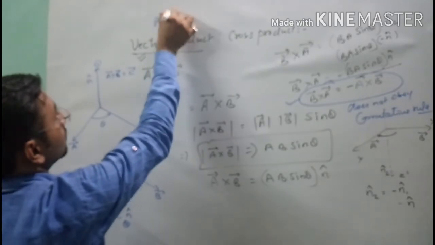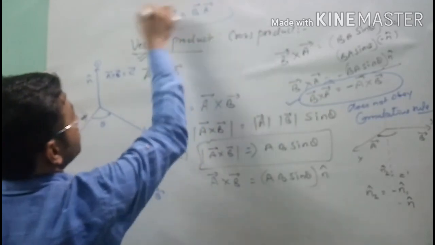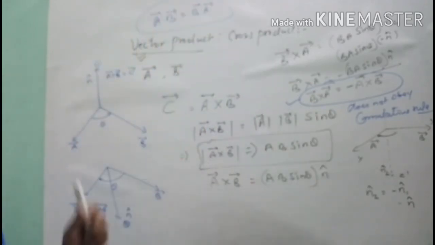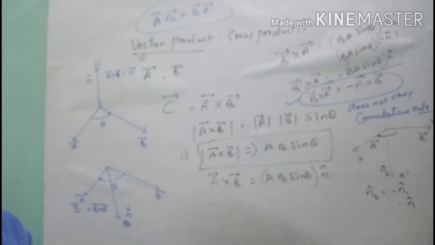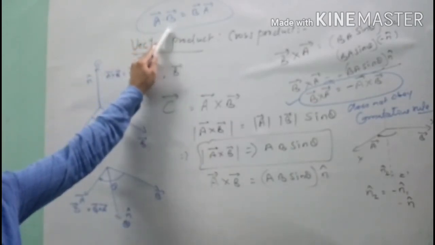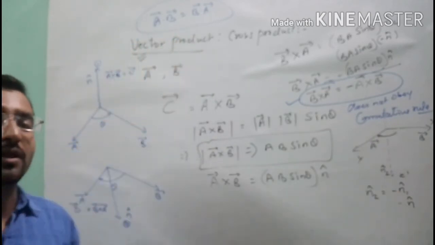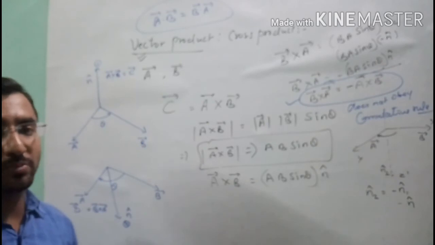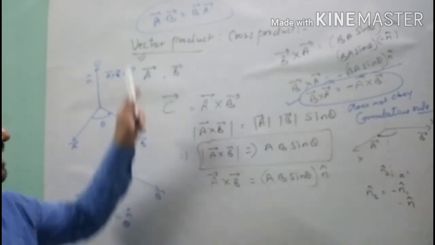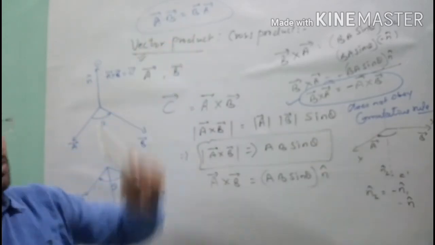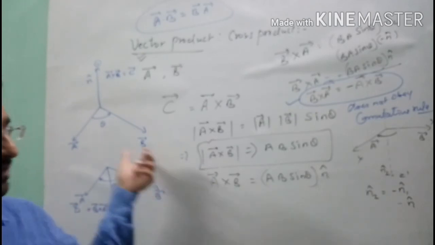But on the other hand, when we talk about the scalar product or dot product, you know that A dot B is equal to B dot A, because with the scalar product we were focusing only on magnitude, not direction. That's why A dot B is equal to AB cos theta and B dot A is equal to BA cos theta, and the product of two numbers, AB equals BA, follows the commutative rule. That's why AB cos theta is equal to BA cos theta, and the final result A dot B is equal to B dot A. But here this same result will not occur because of direction.